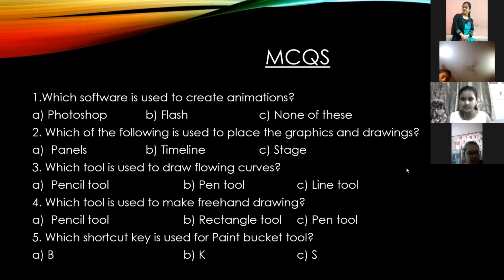So Harshia, the next answer, which of the following is used to place the graphics and drawings? Unmute yourself, Harshia. Ma'am, stage. The correct answer is stage. Stage is used to place the graphics and drawings. So coming upon to the next one,